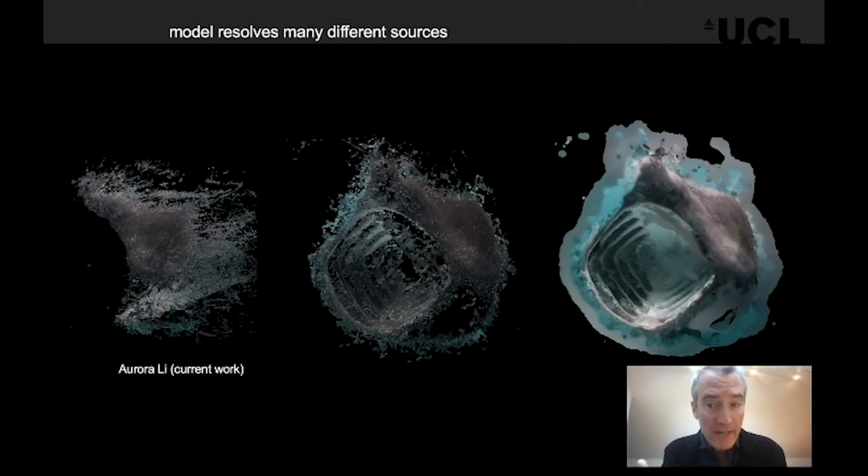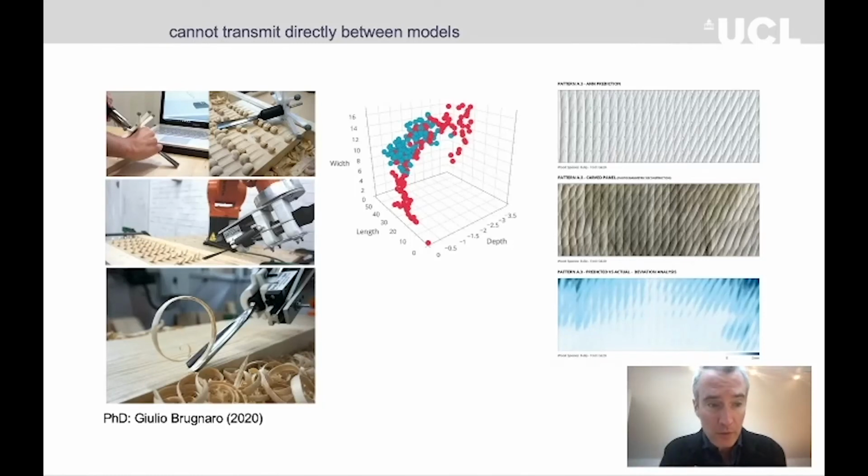But we're also combining that with CT scans and laser scans of surfaces from different species, from different samples of basking sharks, to try and get a model that can reconcile all of these very different data sources. Now, in another project, Giulio Brunaro's PhD last year, which I believe I may have mentioned at the conference last year as well,